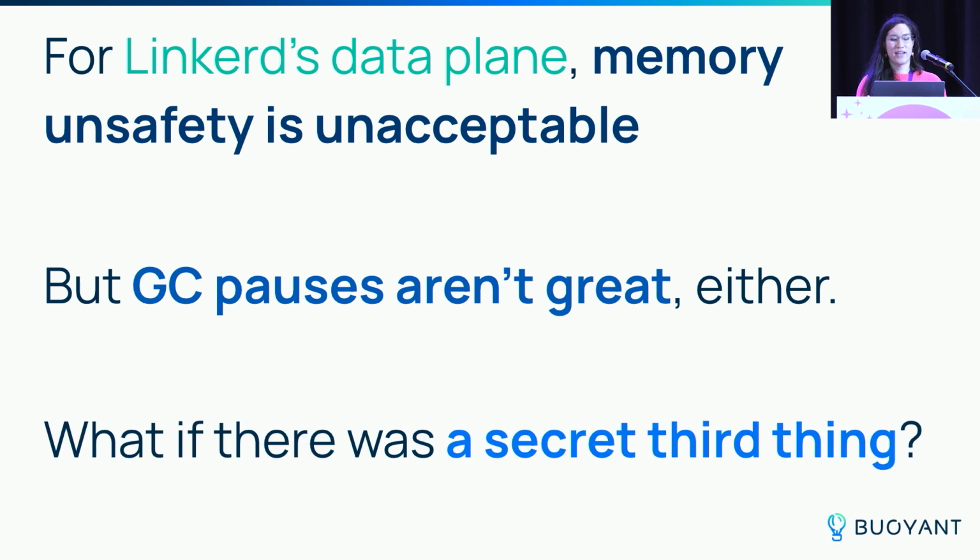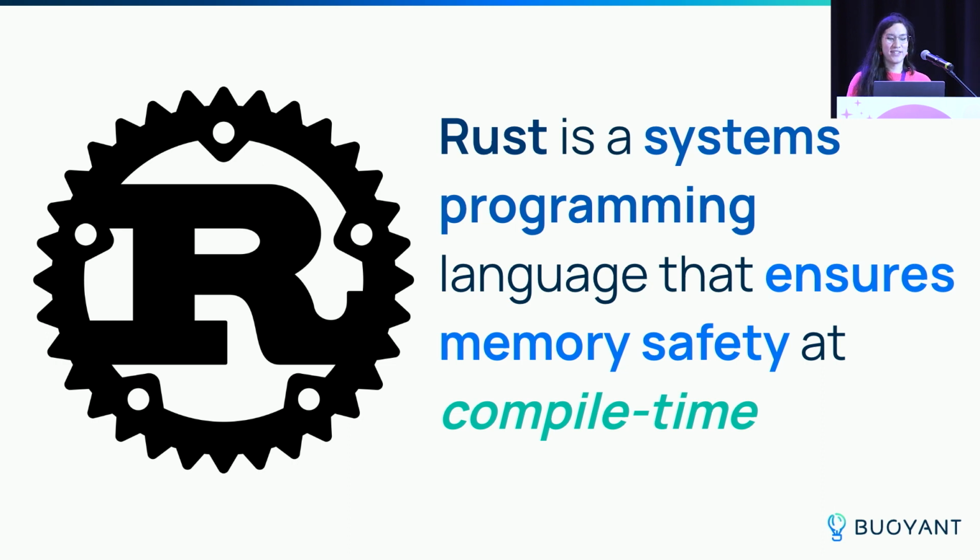So we thought, well, what if there was something else that we could use here that would give us the best of both worlds? Something where we could get both memory safety, but also the fast speeds that you get from a language like C or C++. So that's where Rust comes in. Rust is a systems programming language, and it's very cool because it ensures memory safety at compile time. The Rust compiler does all of these checks when the program is compiled to guarantee that the compiled output will not perform any illegal memory operations. Because of that, you don't need to do these checks at runtime anymore because they're statically guaranteed.